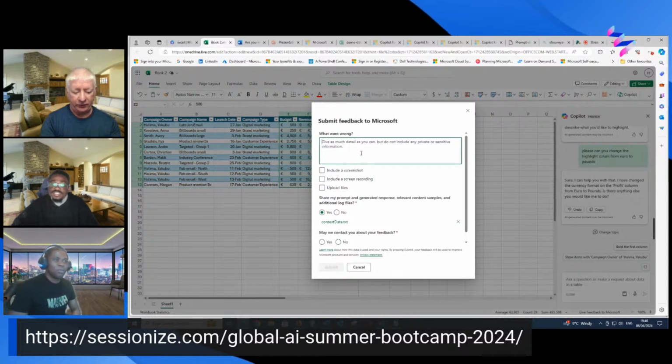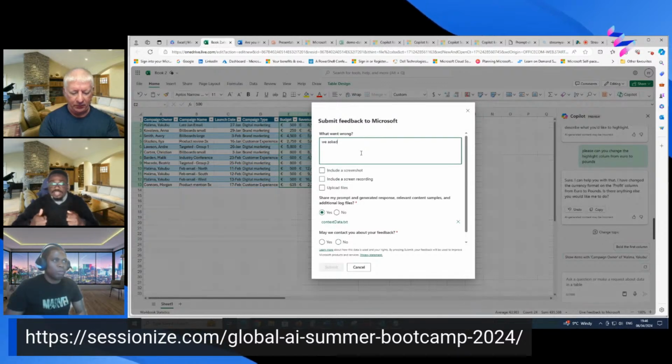I think it's mistaking the pound symbol for dollar, because it's telling us it has changed it to pounds, but it is actually dollar. We asked for pounds